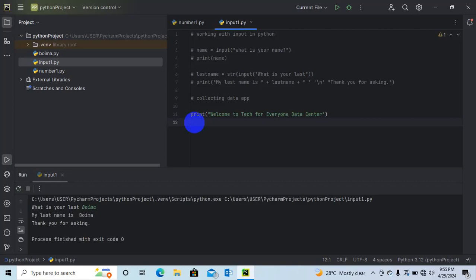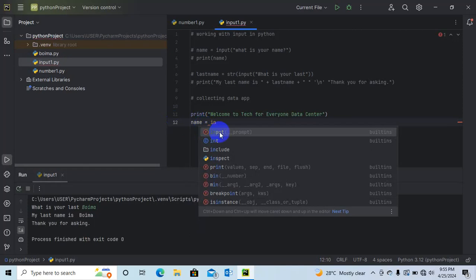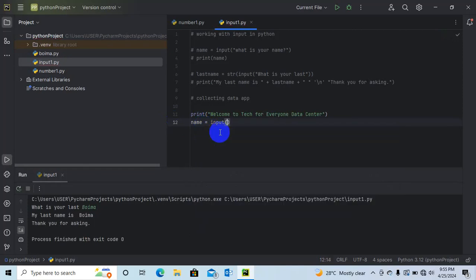So what we could do, we say name, enter space, and we say input, inverted comma, what is your full name? So ask that question.